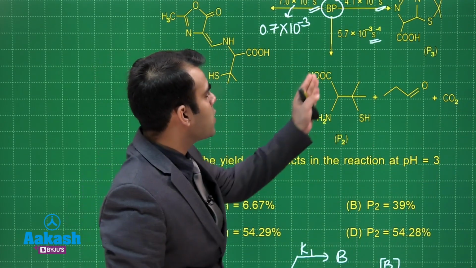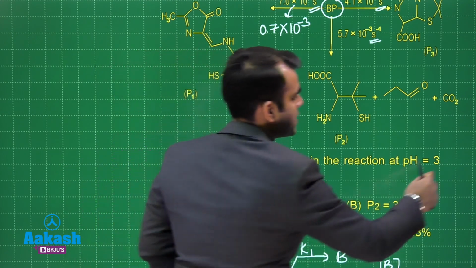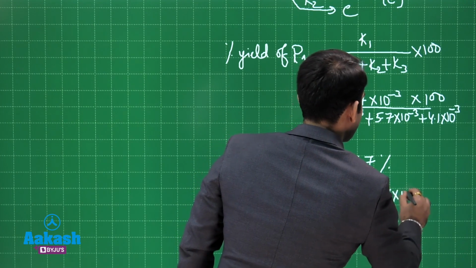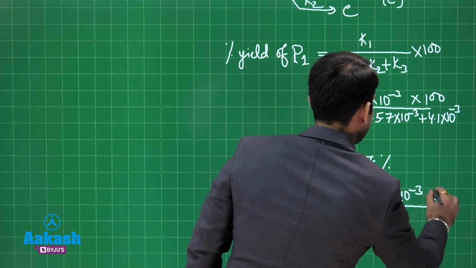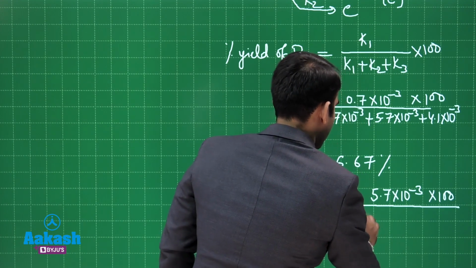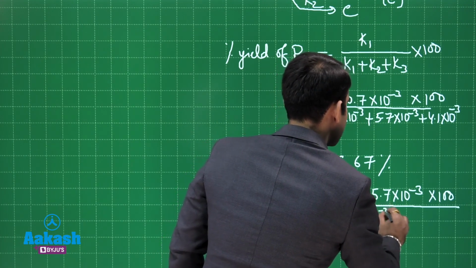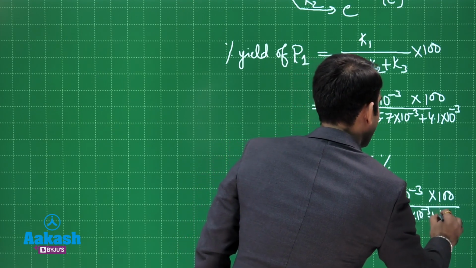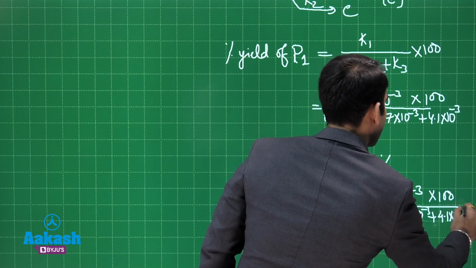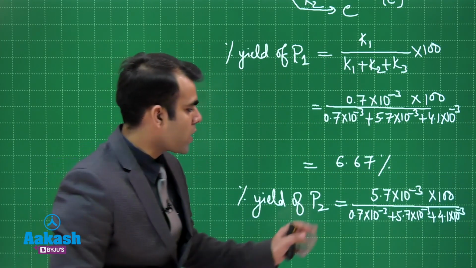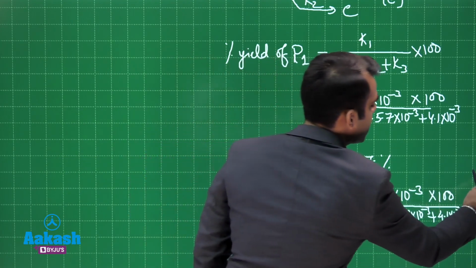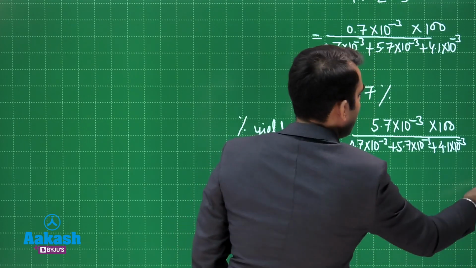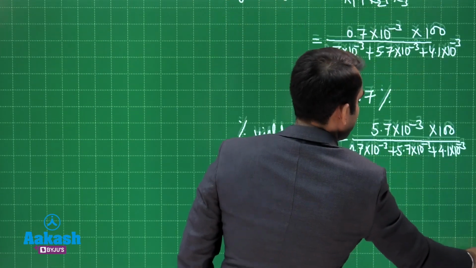Similarly, if I want to calculate the percentage yield of P2, the rate constant for the formation of P2 is 5.7 into 10 to the power minus 3. This is 5.7 into 10 to the power minus 3 divided by 0.7 into 10 to the power minus 3 plus 5.7 into 10 to the power minus 3 plus 4.1 into 10 to the power minus 3. And this is into 100 for the percentage calculation, and if we do the calculation here, what we obtain is